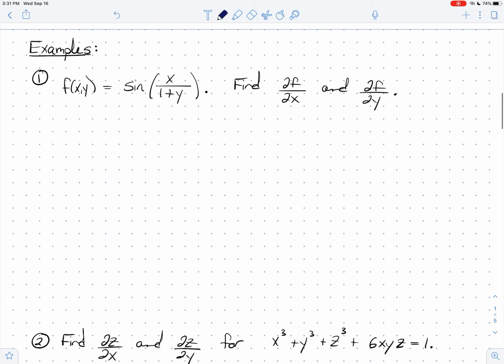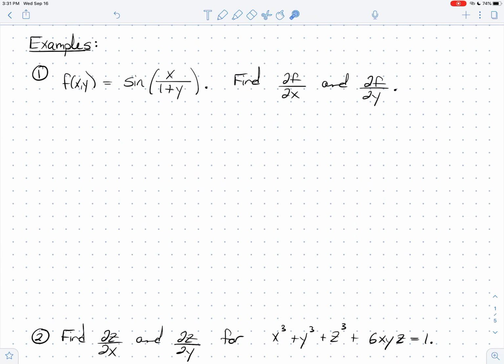So let's do some examples. I want to go ahead and compute partial x and partial y for this function. And so why don't you pause the video, work these out yourself, and then we'll go over them together. All right, so when I want to compute